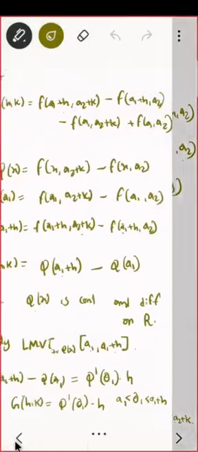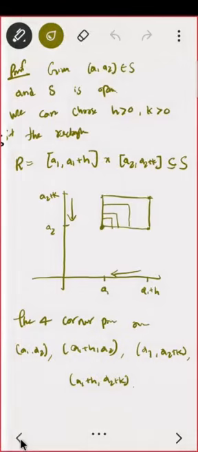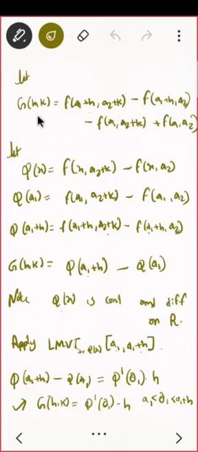Okay, let us quickly see once again what we did. So what did you start with? You form a rectangle such that this is E1 plus H, this is E2 plus K, and we look at the four coordinates. Now we define G of HK, which is what? F of E1 plus H, E2 plus K, then subtraction, and the last one is addition. Then here is the trick: we define phi of x, that is f of x comma e2 plus k minus f of x comma e2, so the variable is in the y axis. Correct. I can write g of hk in terms of phi.